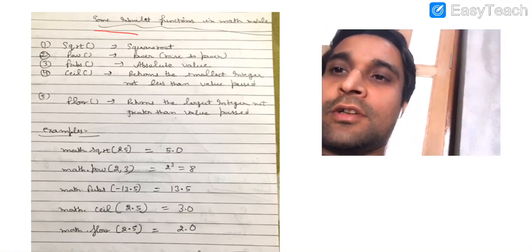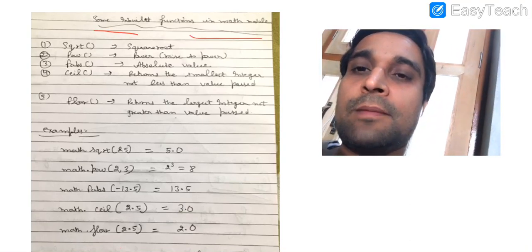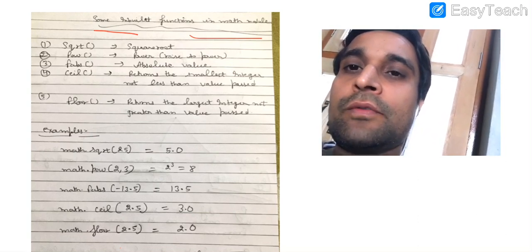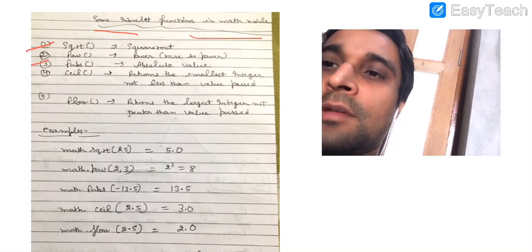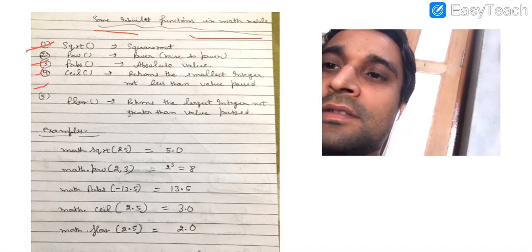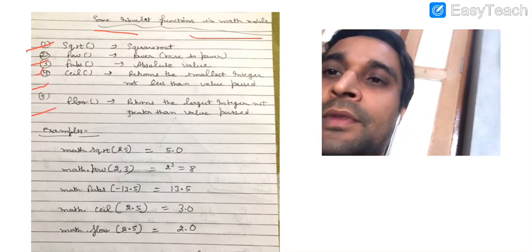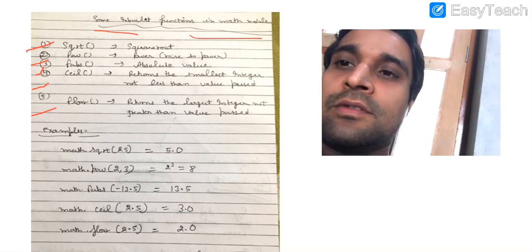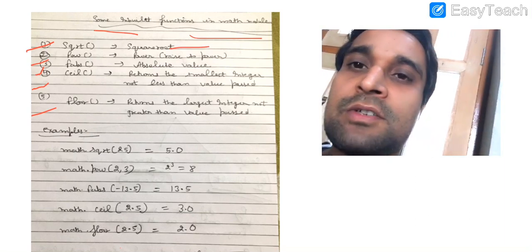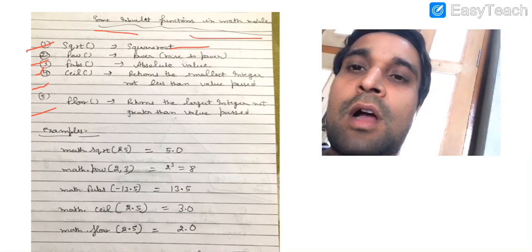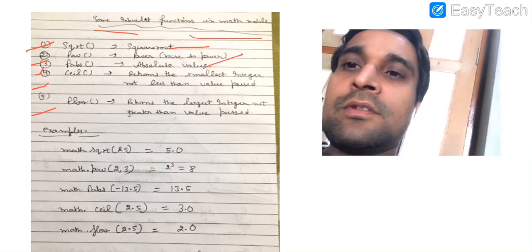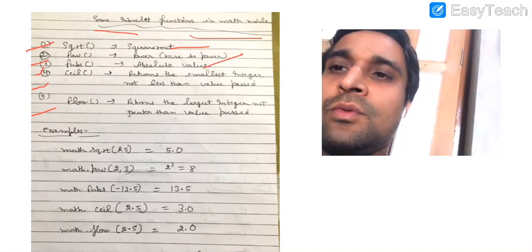Now we are going to discuss some of the functions which are available in the math module of the standard library of Python. These are sqrt, pow, fabs, ceil and floor. The sqrt function returns the square root of the number that is passed as an argument. The pow function needs two arguments and returns the first raised to the power of the second.